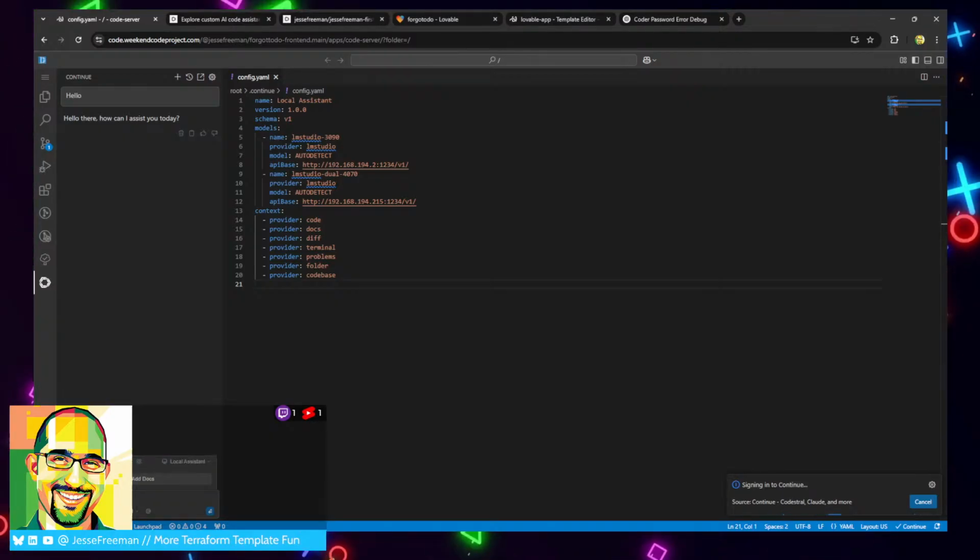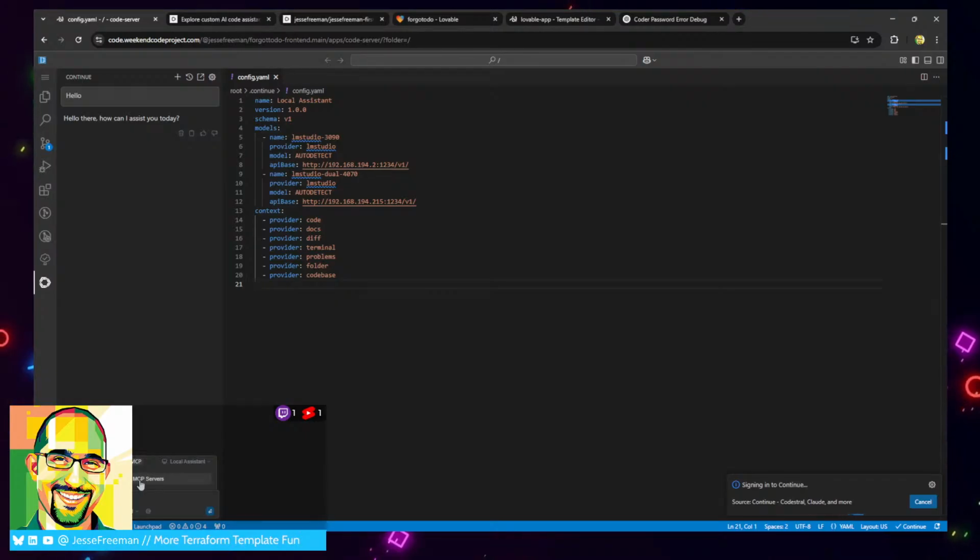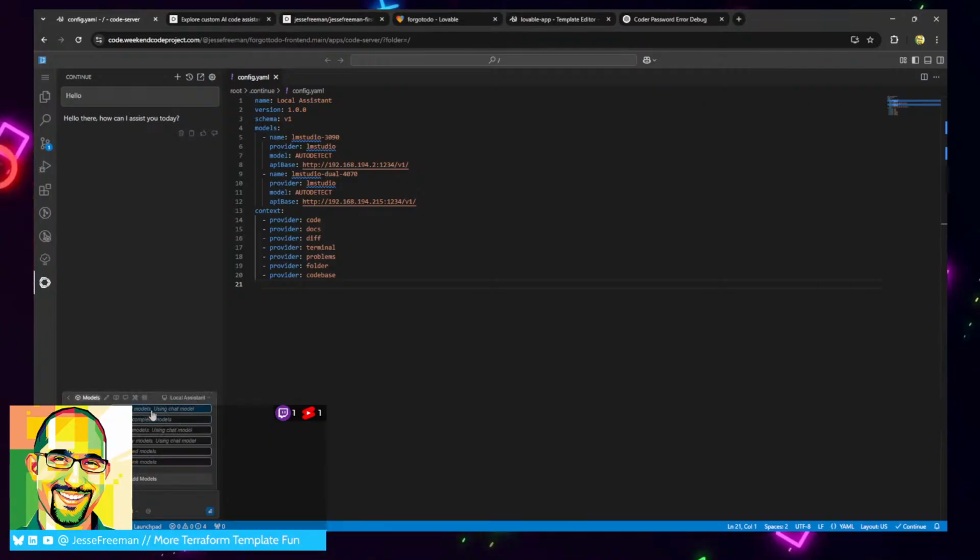Local assistant rules, docs, prompts, tools. MCP is like the next thing that I want to, signing in to continue. I don't want to sign in to continue. I can't do that actually. MCP is the next thing I need to start playing around with, and that will allow me to actually